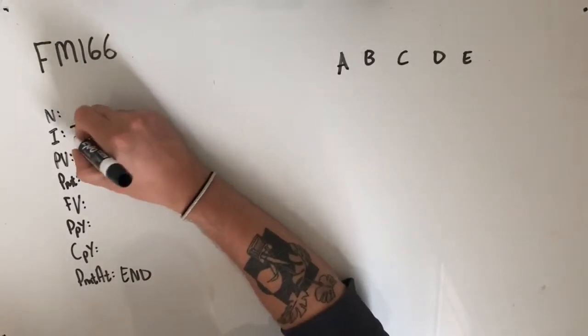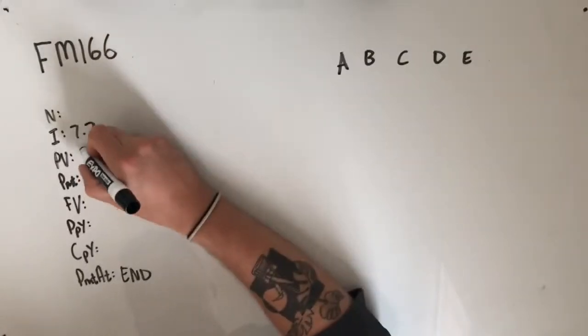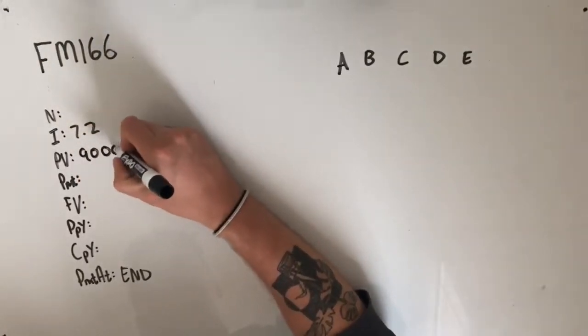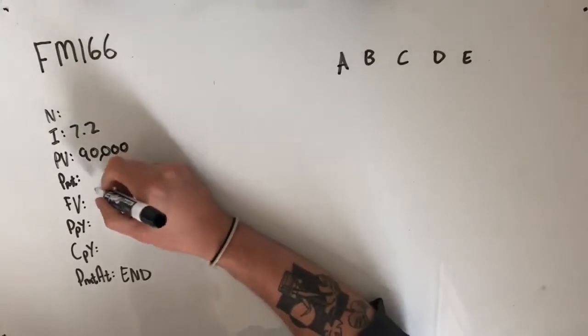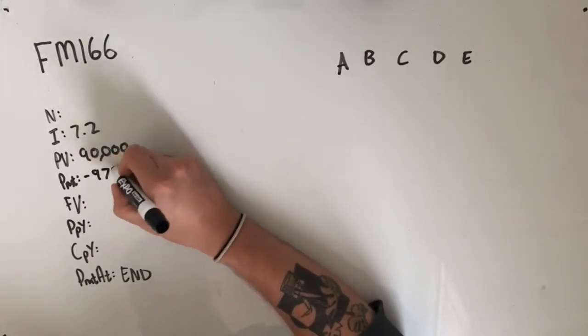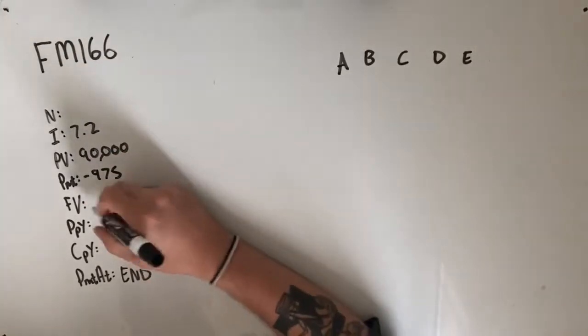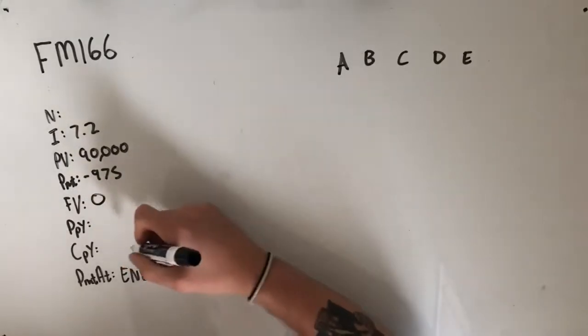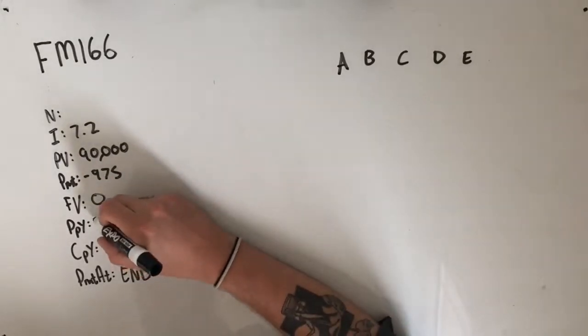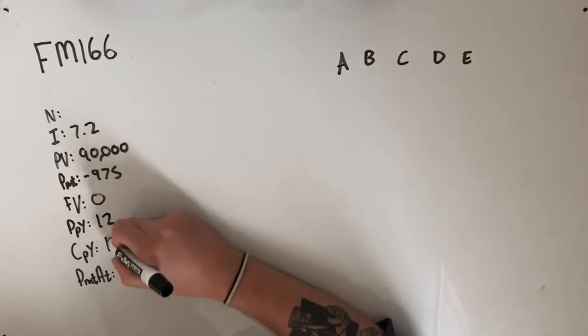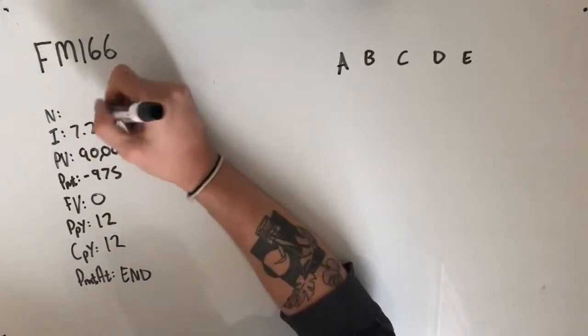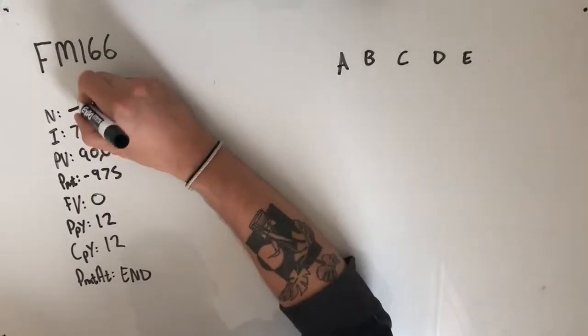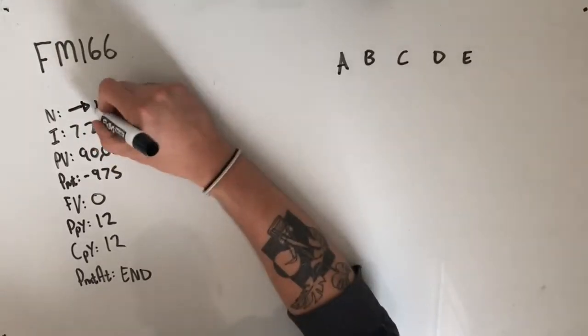So we know that it's 7.2% per year. She's borrowed $90,000, so it's a positive value of $90,000. We've got payments of $975 being made each month for a future value of 0, because it is to be fully repaid. Payments per year are at 12, and compounds per year are at 12. So plugging all of this into Finance Solver, we should get an answer for n of